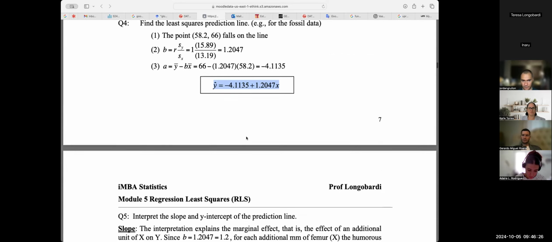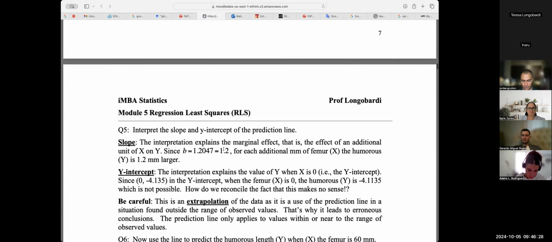And for the slope, it's okay, 1.204. What does it mean? I'm going to round to 1.2, and I interpret it as,